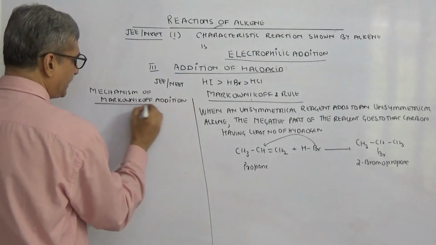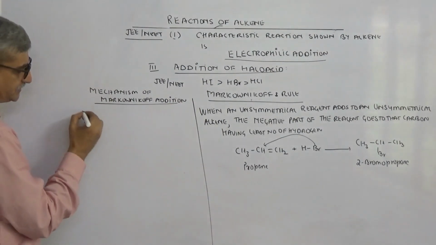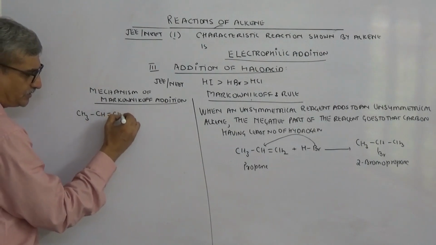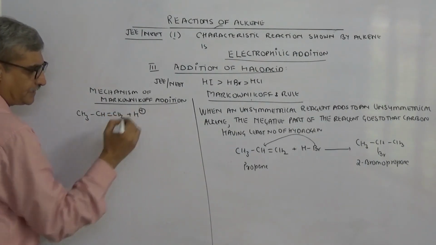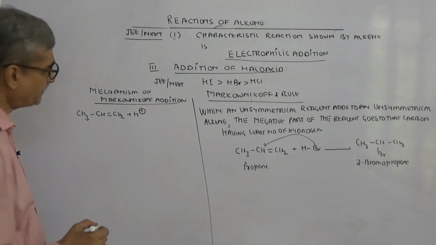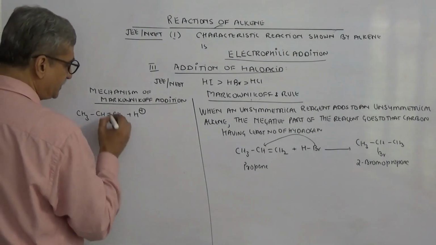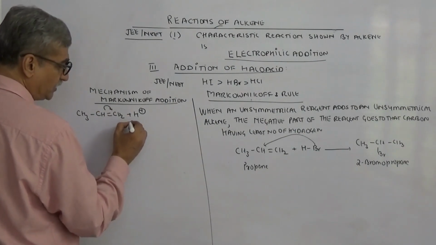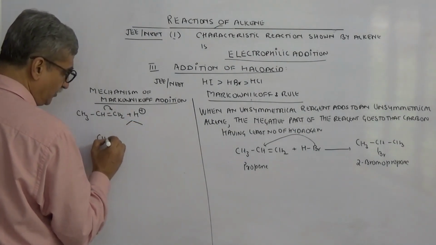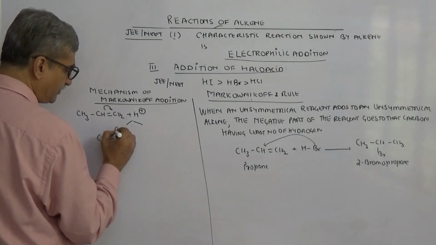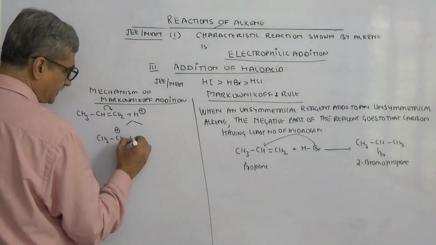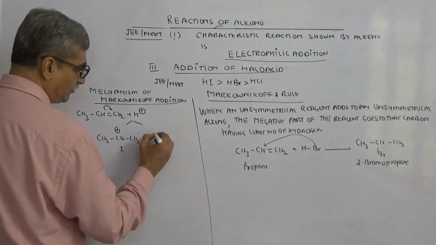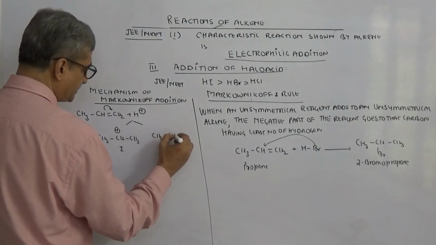As I told you, it's an electrophilic addition. So when I take propene, CH3CH=CH2, and react with HBr, H plus is the attacking reagent. So there's a shift in the bonded pair. So there are two possibilities. You get CH3CH plus CH3, this is structure number 1,